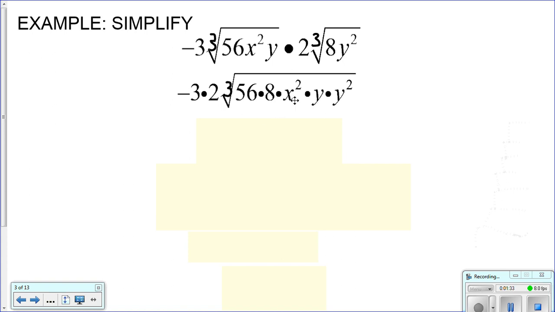And I can't do anything with the x's because it's only the one x. And then y times y squared, I can add the exponents and I get y to the third. Oh, it gives me 448. There you go. Okay? So now it's just one big problem, and we can all simplify this kind of problem